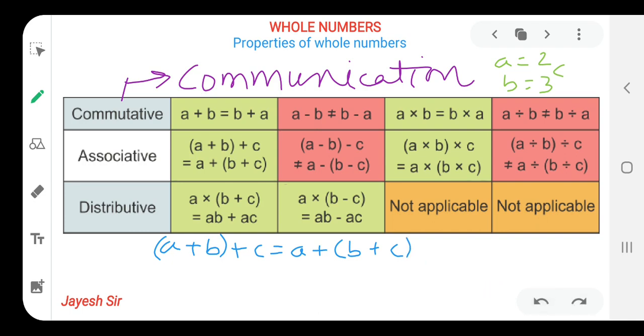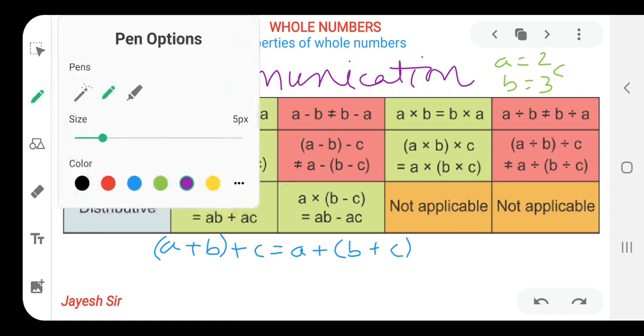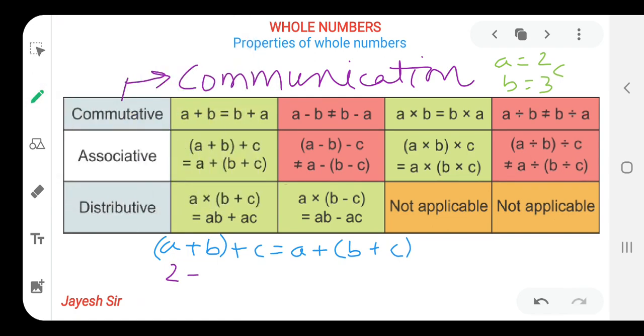Yes friends, so let's put in the values and try to solve it properly. A plus B, that means 2 plus 3, plus 4. So the value for C was 4. The result would be the same. I hope you can easily solve 5 plus 4. That means 9. I am directly writing it over here because I am short of space, so I am directly adding. You can also add it properly. That is also 9. That means it is suitable for the addition property.